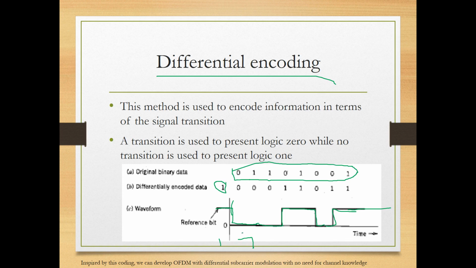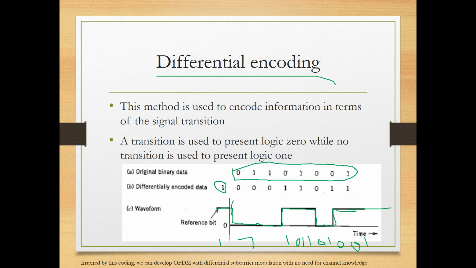Whenever there is an edge, it means a transition. So if it was 1, this is 0. After that, there is no transition, which means 1, 1. There is a transition here, 0. No transition, 1. Transition, 0, 0, 1. You decode your signal. See, the receiver is able to decode the signal easily, without much difficulty, without the requirement